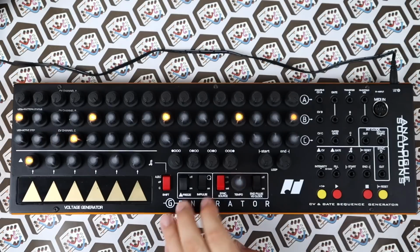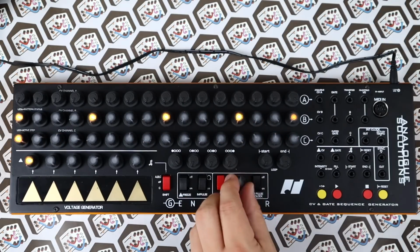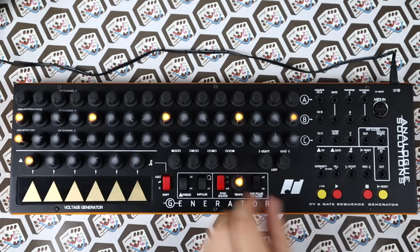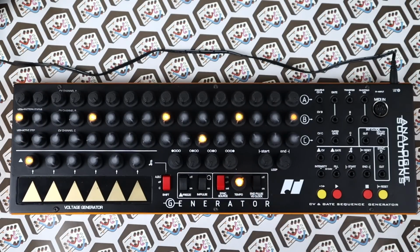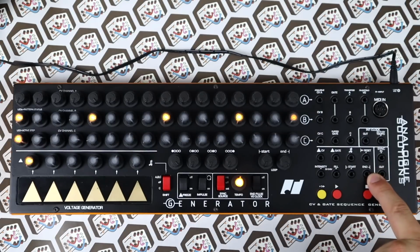Now we have a start input and we can turn this off of loop and play this like a one-shot. So if I just hit play, it plays through and stops. We can do that with an external voltage for a one-shot play through that pattern. We also get an output at the end of every pulse,